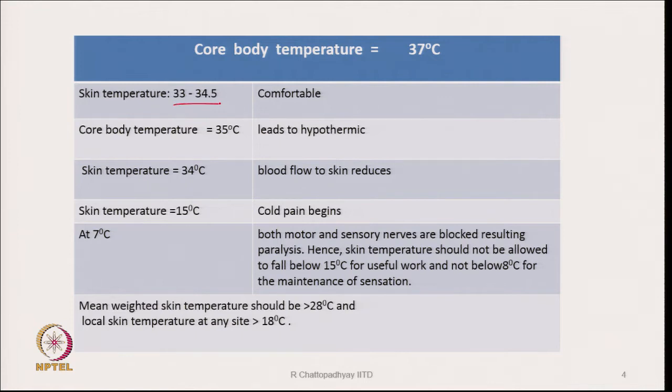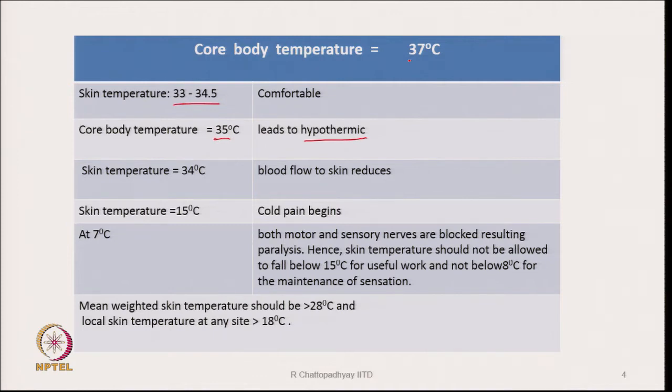Human beings will feel comfortable. When the core body temperature is 35 degrees centigrade, it leads to hypothermic reactions. That is, temperature has fallen by 2 degrees. This is something that is not good for